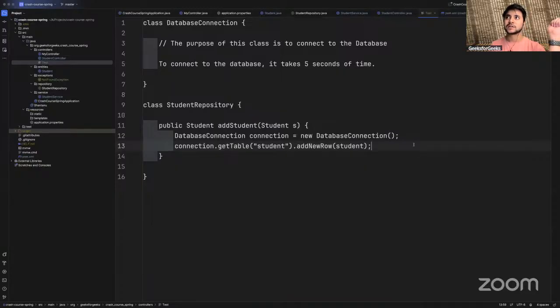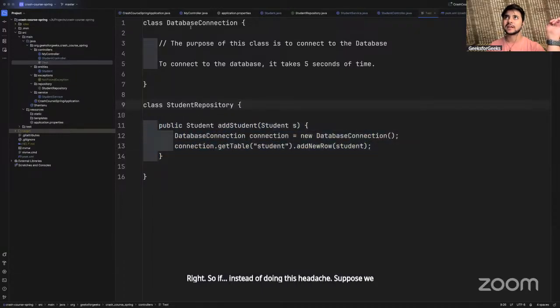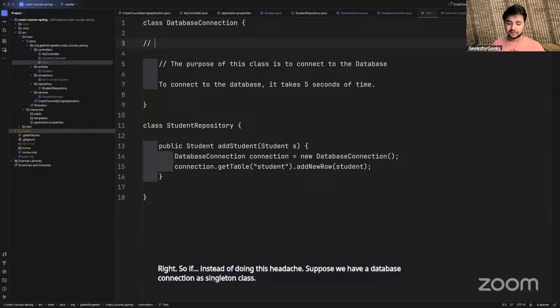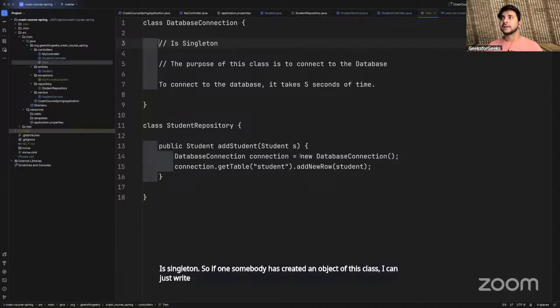Right? So instead of this headache, suppose we have the database connection class as a singleton class. If somebody has created an object of this class, I can just write database connection equals database.